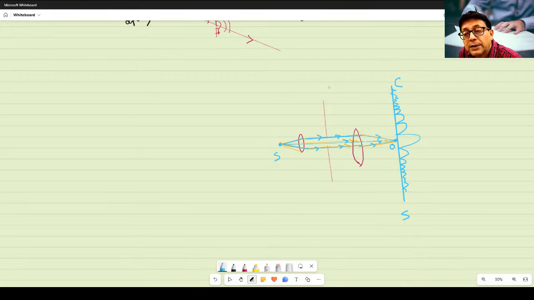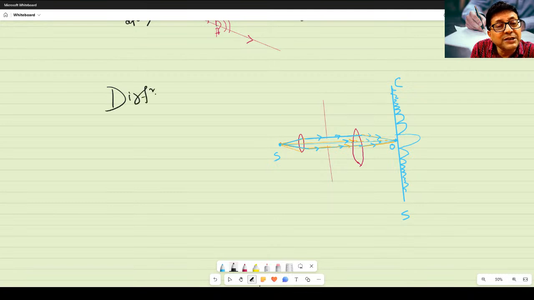What do you observe there? Central maxima is there. But this central maxima is flanked by several maxima and minima, and the intensity of light goes on decreasing. This is due to bending of light. Light bends, that's why it is happening. If it doesn't bend, then why do you get an interference pattern beyond the central position where light meets and maximum intensity is expected? But you observe that the central maxima is flanked by several maxima. This phenomenon of bending of light is known as diffraction of light.